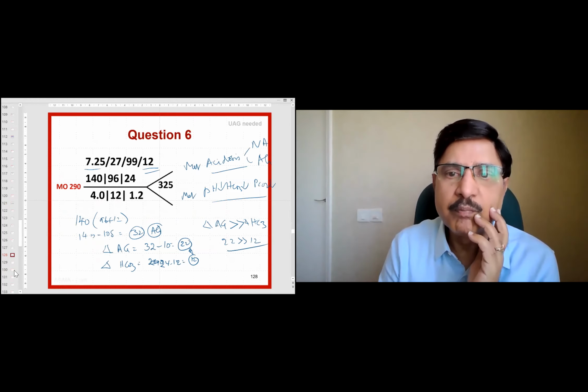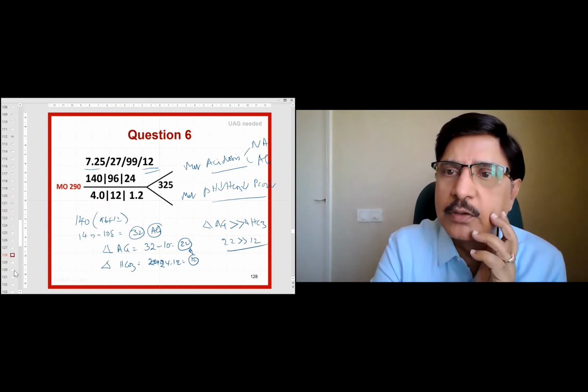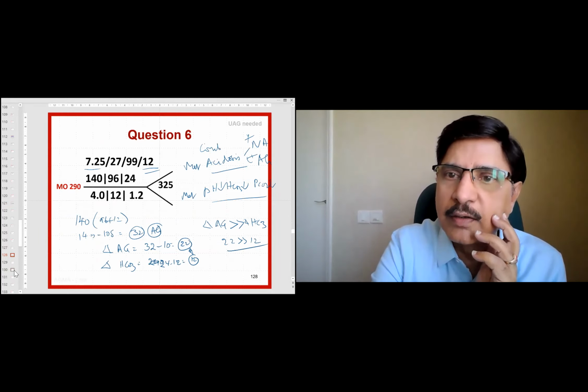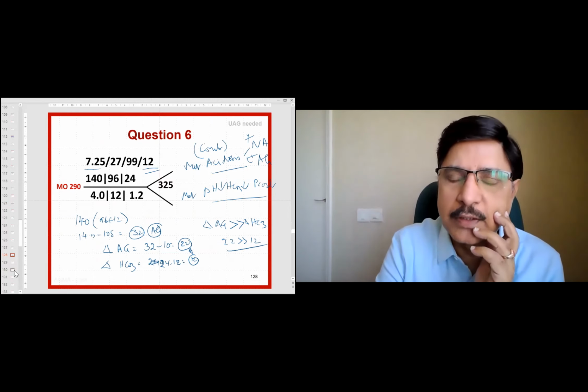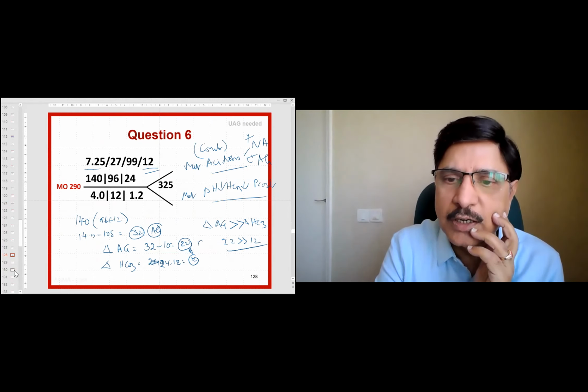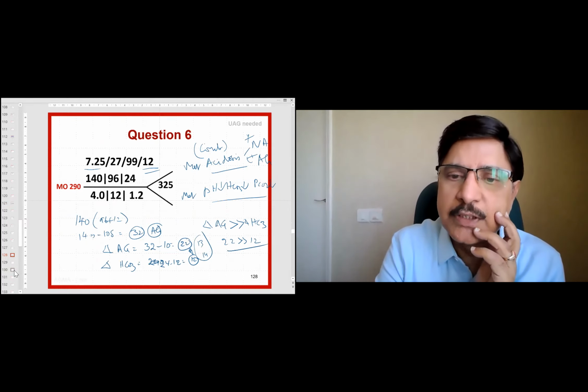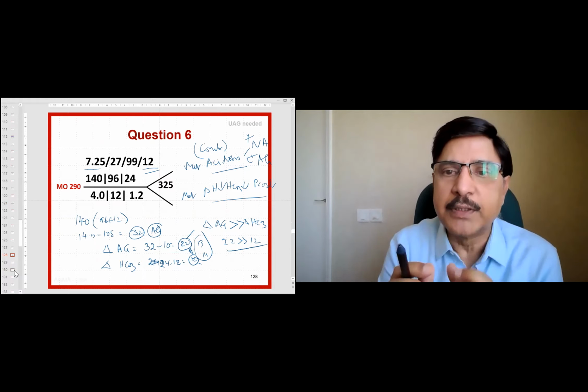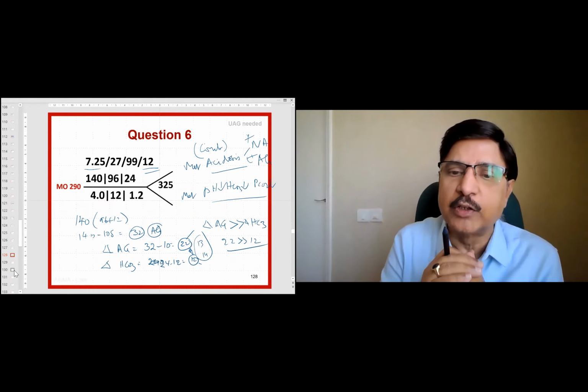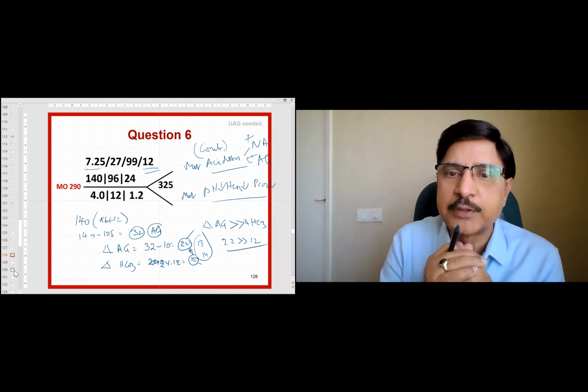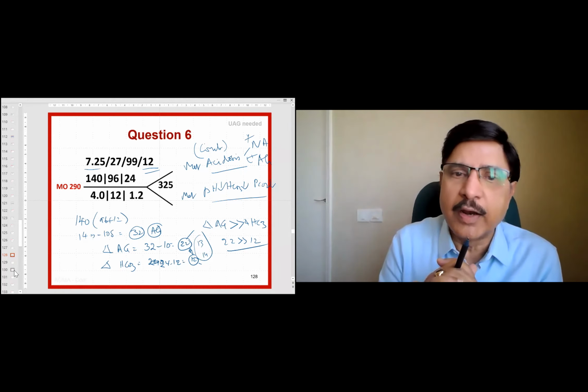Yes, sir. In this case, metabolic acidosis, this is plus, this is also plus. This is a combined disorder, because there is a variation. Suppose this is 13 and this is 14, we accept it as the same. But this is 22 and this is 12. That means they are wide apart, something else is pulling down the bicarbonate. So there is some other acidosis other than anion gap acidosis. That could only be non-anion gap acidosis.